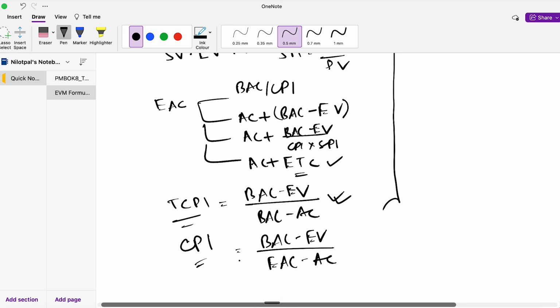So to summarize, if your TCPI is less than your CPI, it means that the project has a lot of headroom. However, if your TCPI is greater than your CPI, the interpretation is that the required future efficiency of the project exceeds what the team has demonstrated, and the target is increasingly unrealistic. Okay, and that is all you need to remember as part of your overall formulas for earned value management as part of the